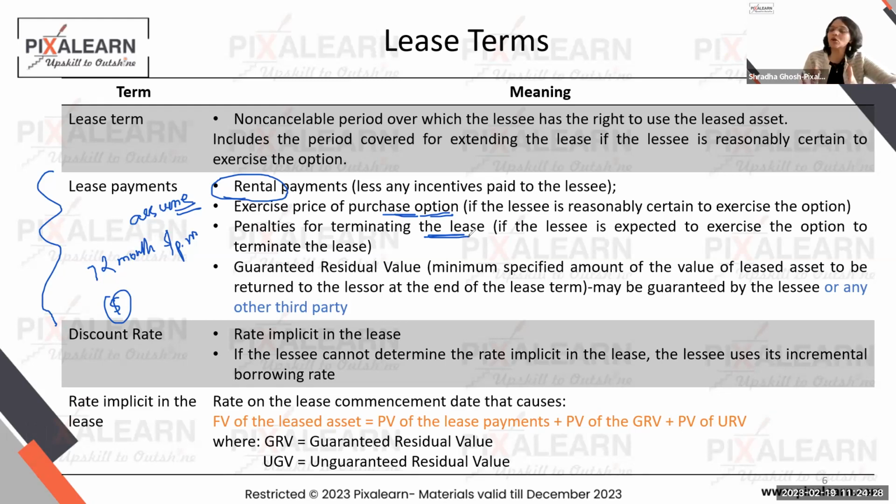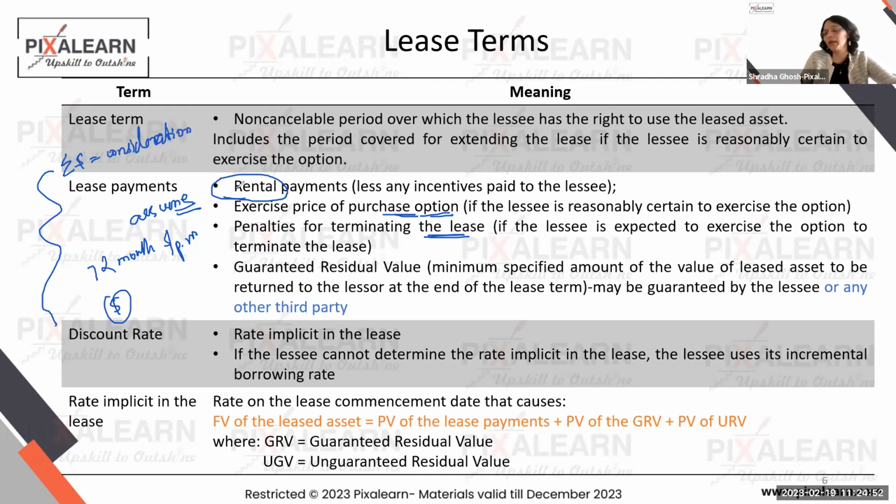So I tell you it's a 3-year contract, but if you terminate it early, then you have to give me 2 months' notice. If that notice is not given, this is the penalty. If that notice is given, then also this is the penalty. So if you are likely to terminate the lease beforehand, then you need to feature in that penalty also as a lease payment. So basically, lease payment is the total value of the consideration that will move from the lessee to the lessor.